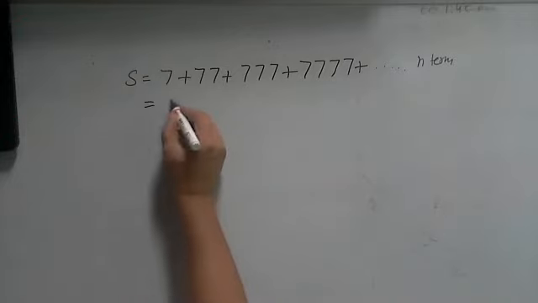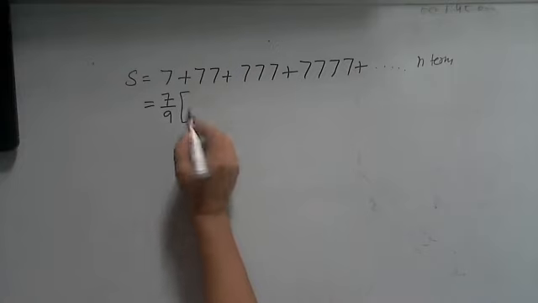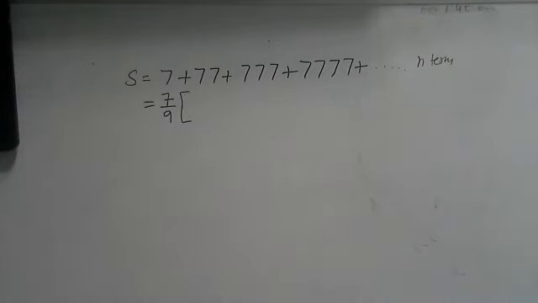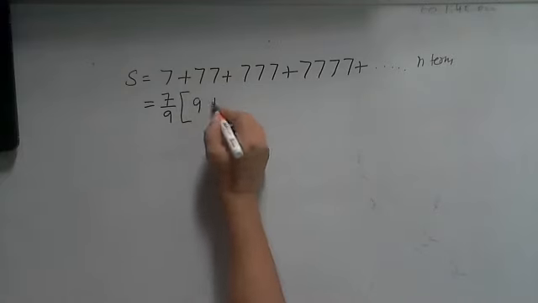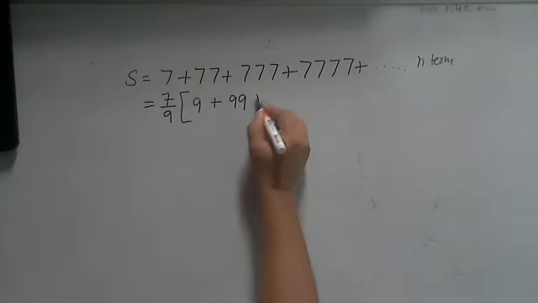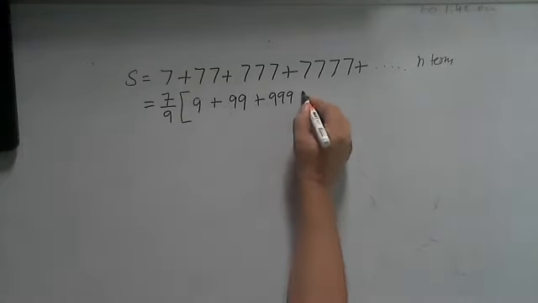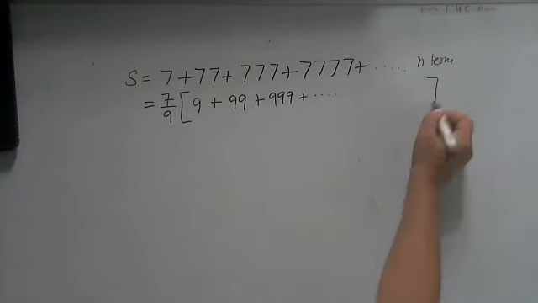How to do it? Let us take 7 common and multiply each and every term by 9 and divide it by 9. So it is something like 9 plus 99 plus 999 plus so on up to n